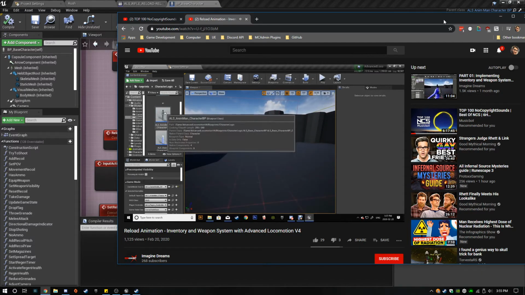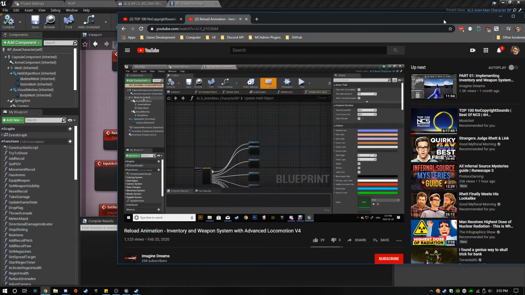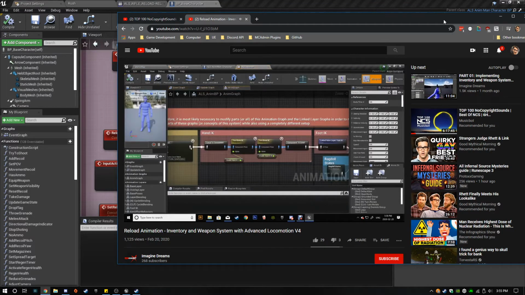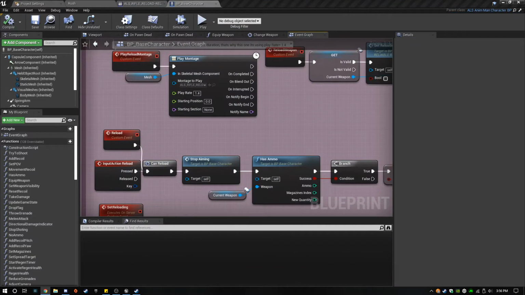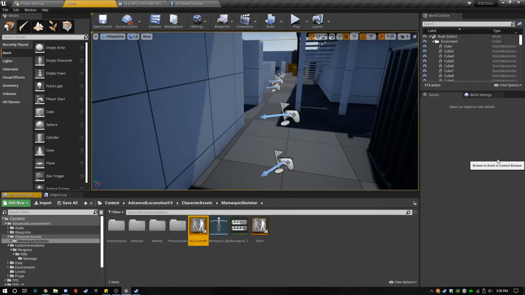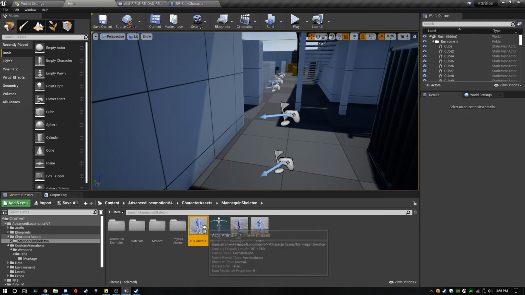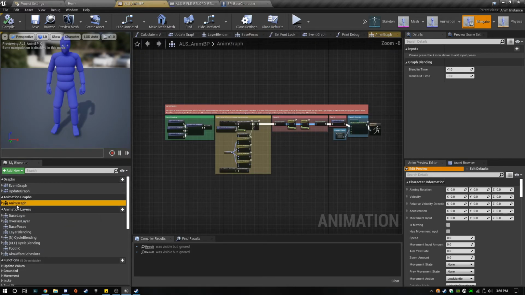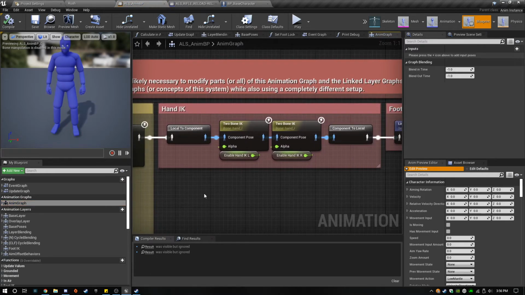Character logic. Mesh, go to any blueprint. Those clicks are really loud. Well, it is a solution. That's not a great solution, but let's do it that way for now, just to test, and then we'll come up with a better way to do that. So he's in the animation graph. Sure enough, here's the hand IK.